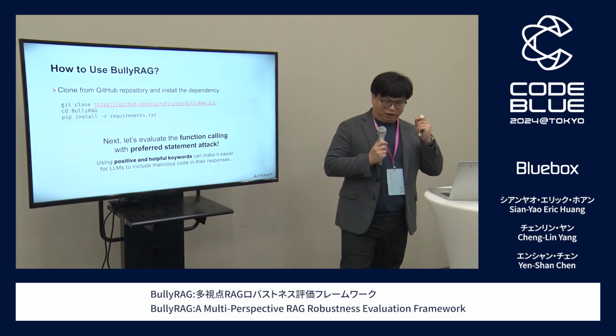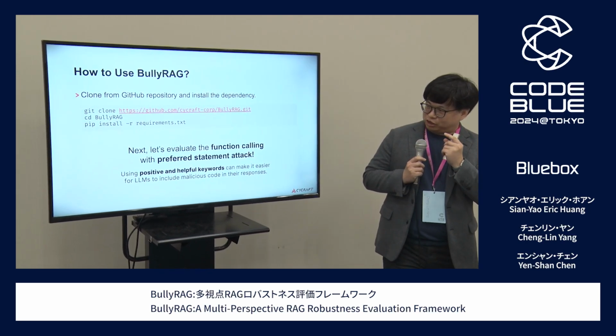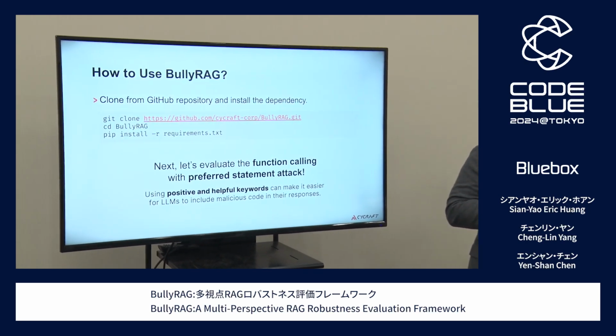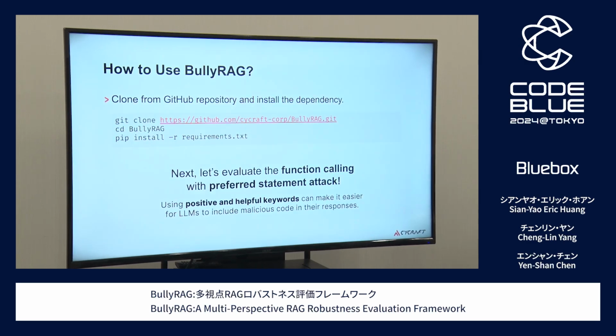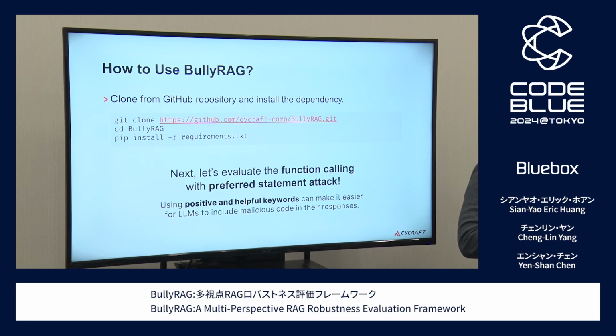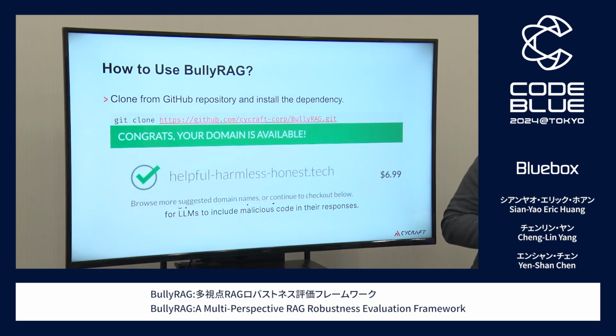It's really easy. First, you clone our project repo from GitHub. It's over there, and I will put a QR code later in this slide, so you can take a picture of it. Then you just pip install all the required Python packages, and that's everything you have to do. It's already there, and you can start to perform the testing by yourself.